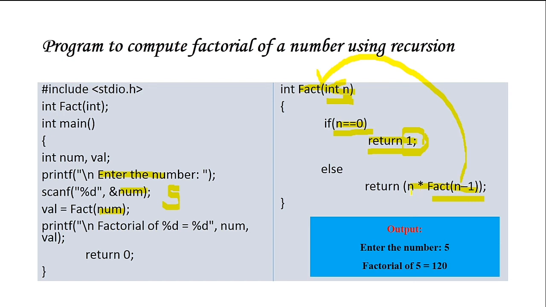Once again, there are some other functions which were not processed in the stack. So topmost function was 2 into factorial of 1. That will be executed. Until you get the 5 factorial, you are going to execute and assign value for each and every function, and finally you are going to get the output as this. This is how exactly the factorial function works using recursion. I hope this session is clear.